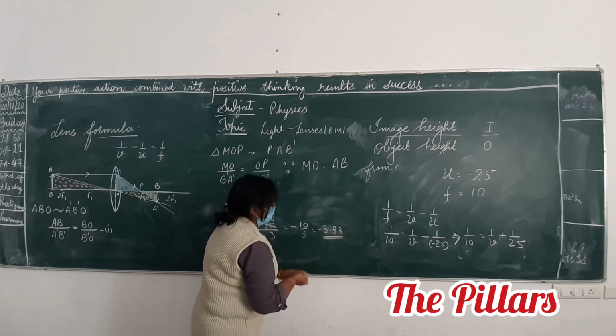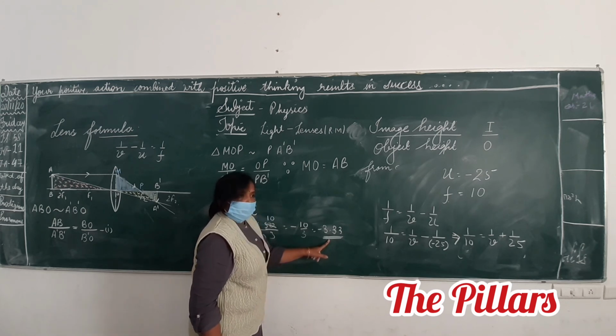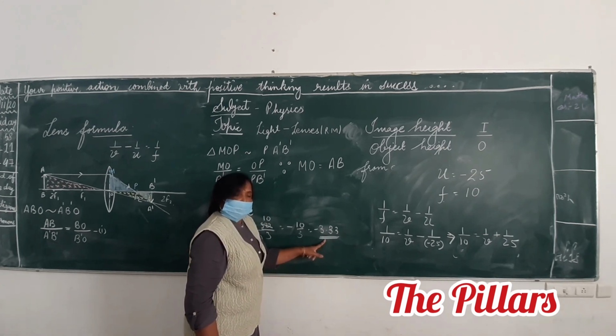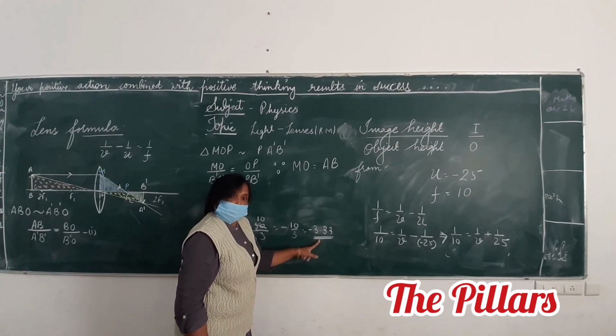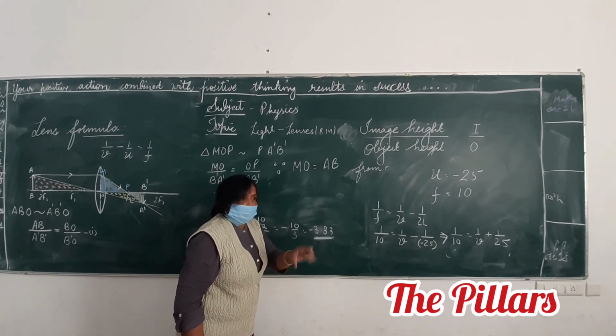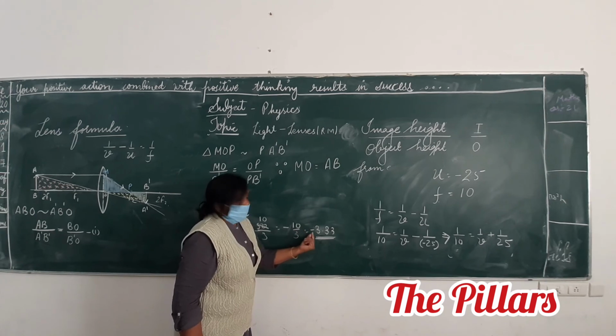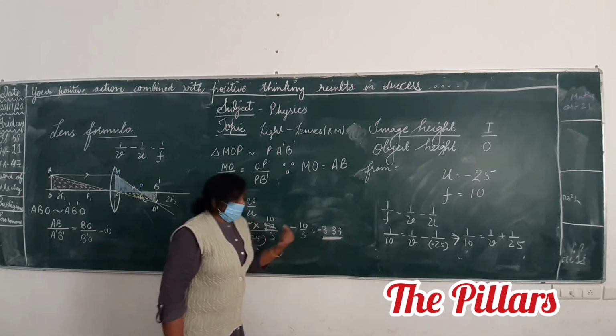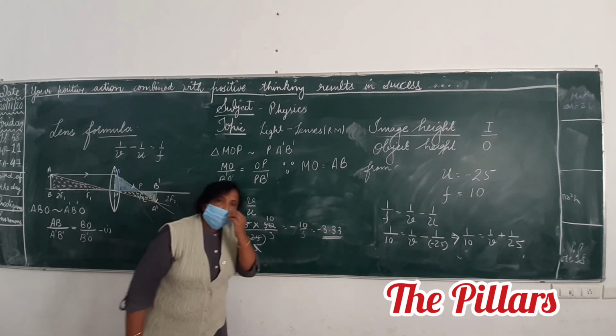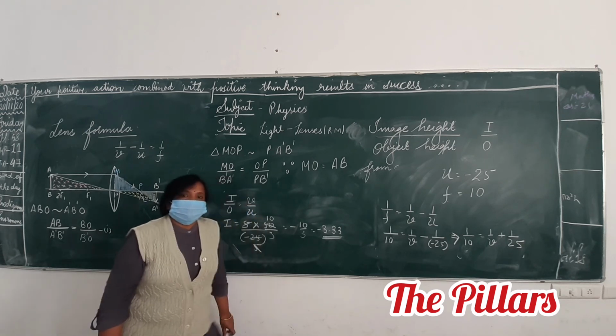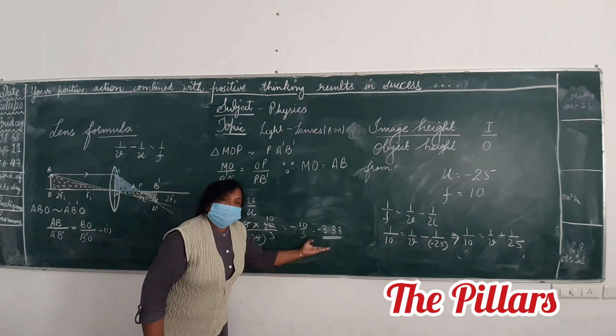See, that means if your linear magnification is minus, in case of lens, it shows that the image formed is real and inverted. Inverted means real, isn't it? This is the size of what? Image. In lens and in mirror, both, if minus is there, then it is real. Yes, ma'am. It is real.